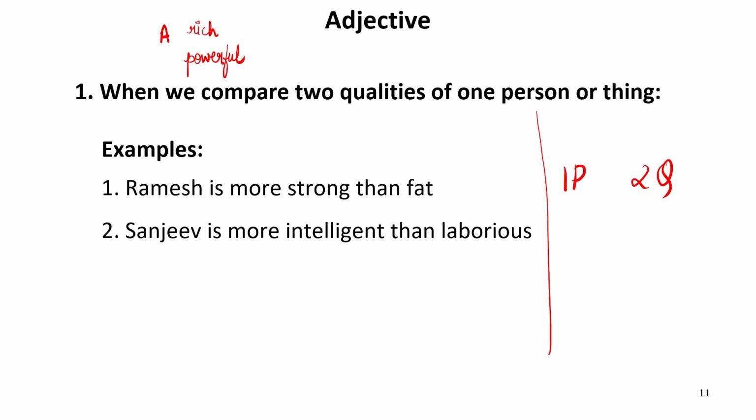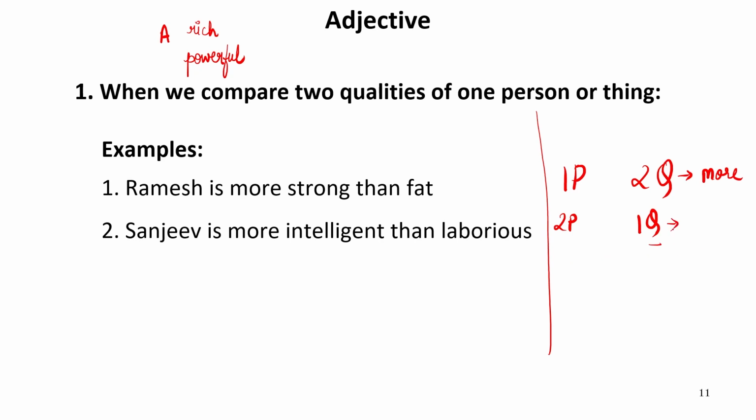Now, in such a case, when we have only one person and his two qualities are being compared between each other, we can only use the word "more", that is prefix "more", but we cannot use the suffix "er" to convert any positive degree into comparative one. Whether it contains one syllable or more than that is totally irrelevant over here. It means here the rule of syllables fails. Here only one thing works, that is "more" or "less". Now, the second case is when we have two persons and both of these persons are compared on the basis of one quality.